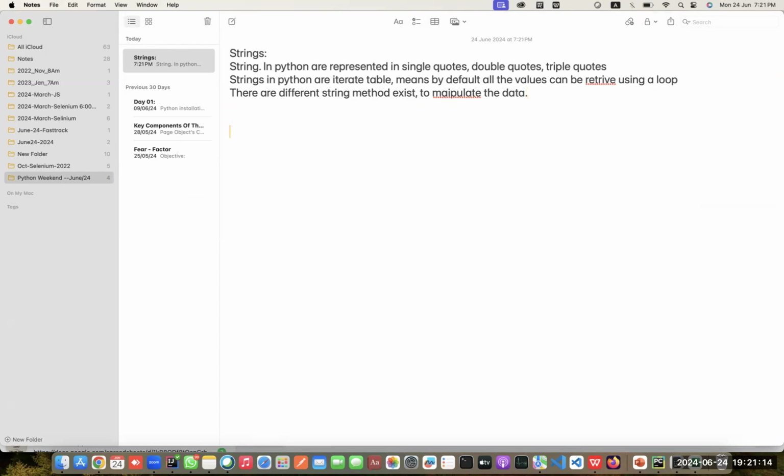So now advanced functions. Arbitrary arguments, comma, star args. So arbitrary arguments are the ones which exactly meet your requirement. For example,